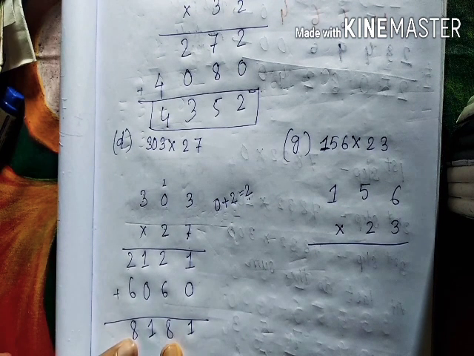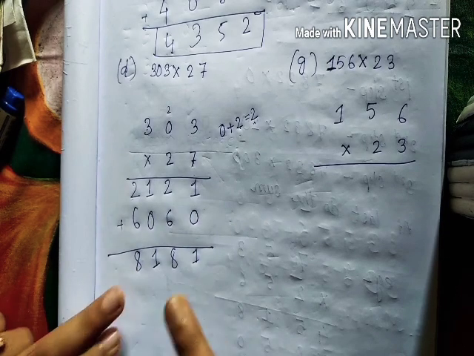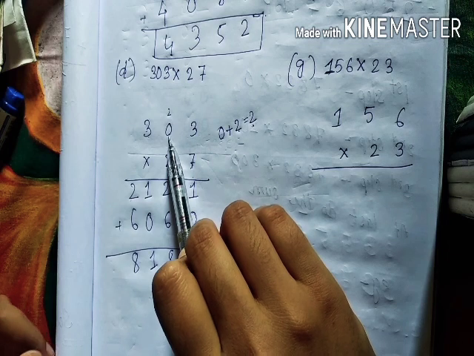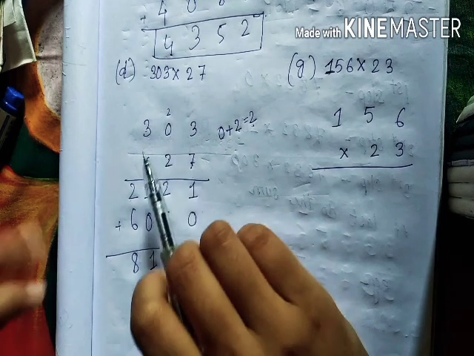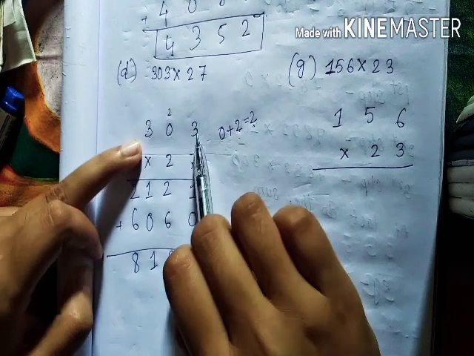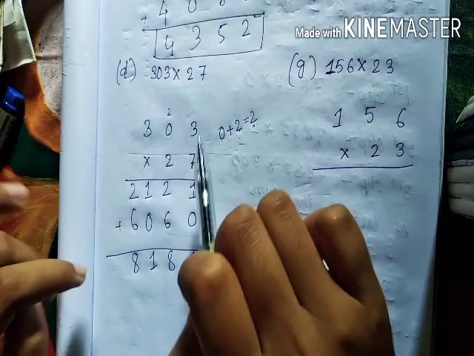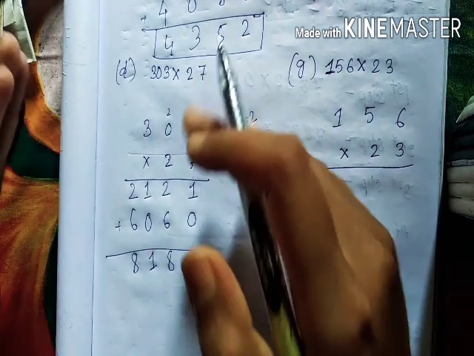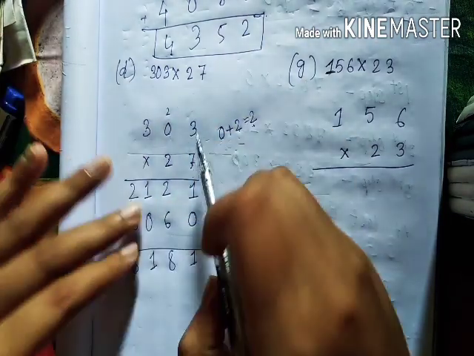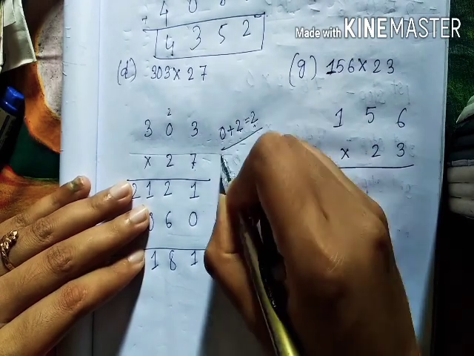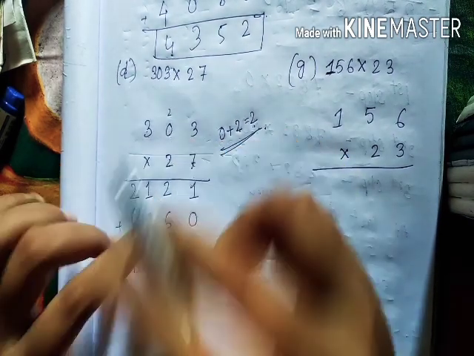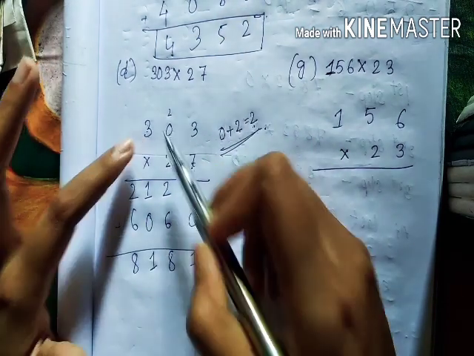Okay students, so do not make any type of mistake. If 0 is there in tens place, it doesn't mean that you will skip. Okay, because here one more number is there, right? Before and after. So that is why you have to follow the steps how we are doing, and if any carry is there, that one should be carried to that place, and like this way we have to do and write. So actually what happens, 7 zeros are 0, but we have carry, so we have to add it.